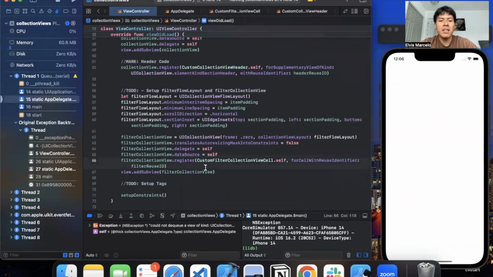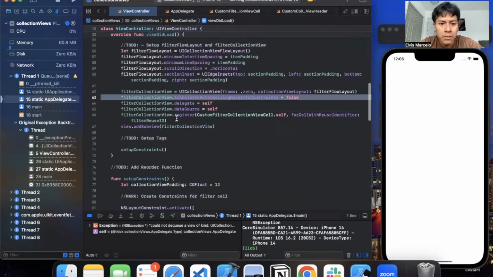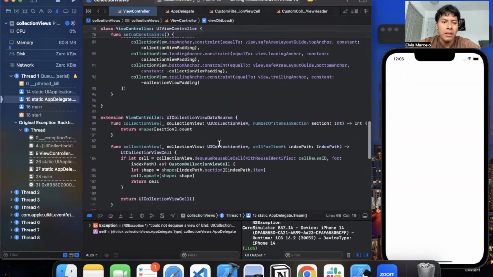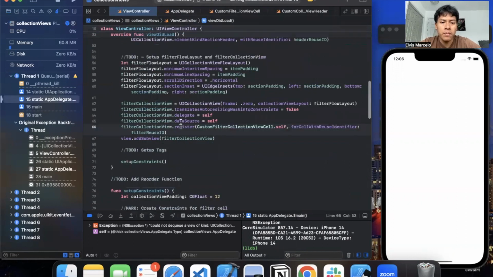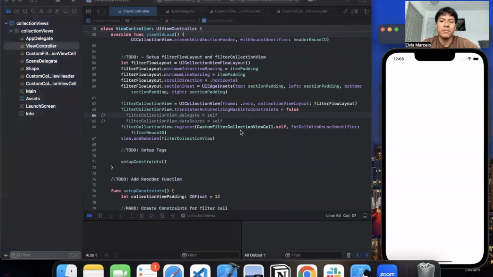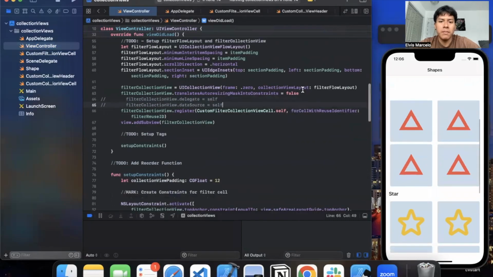We're going to run into a lot of issues for now, but rest assured, all of our code is fine. All the filter collection view stuff is fine. This is exactly what we should be doing. It's just that now within our UICollectionView data source functions, actually, let me show you. If I were to remove these two things, then it'll run. I promise it'll run. So it's right there, just to show you it's there. Set the filter collection view